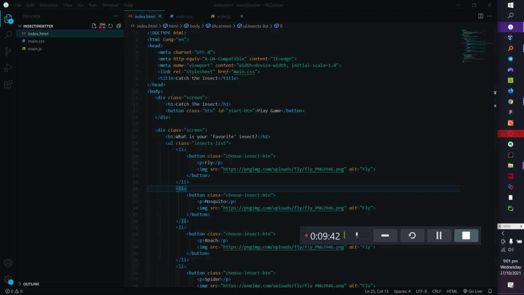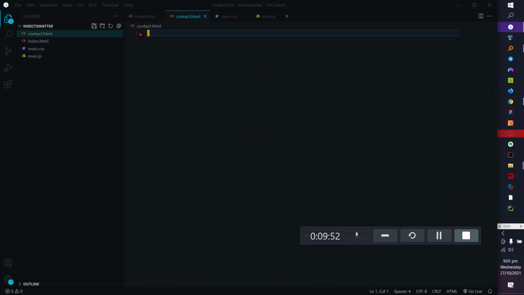Beside this text, you can see 4 other buttons. You can use this to create a new file. So I can say maybe contact.html, which is an empty